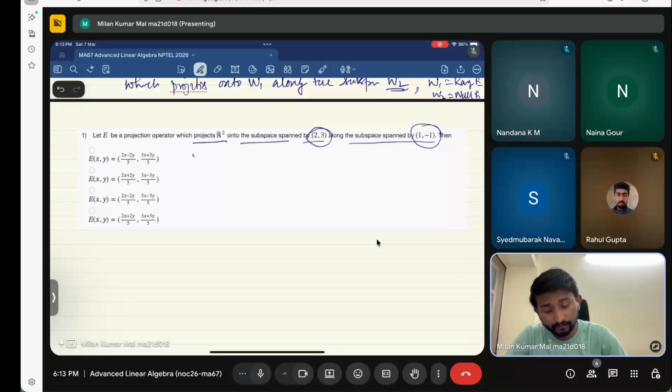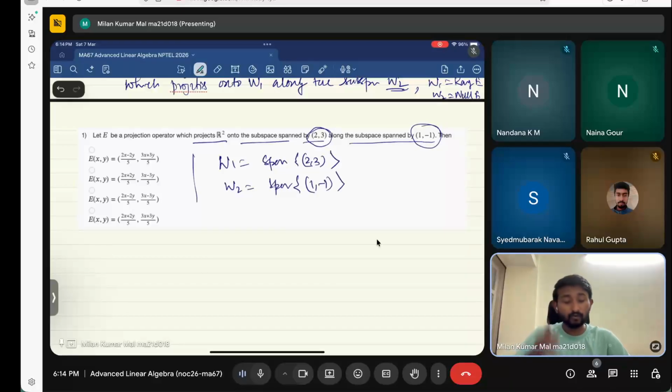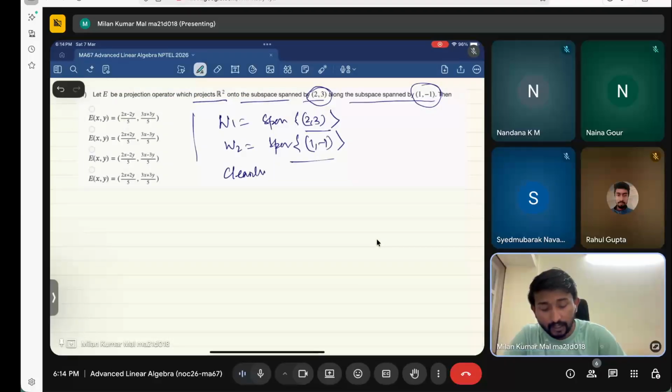Now if I consider W1 equals the span of the vector (2, 3) and W2 equals the span of the vector (1, -1). So what we have been asked is to find a projection operator E on R2 such that the range of the operator E should be (2, 3) and the null space of the operator E should be (1, -1). Clearly, (2, 3) and (1, -1) form a basis